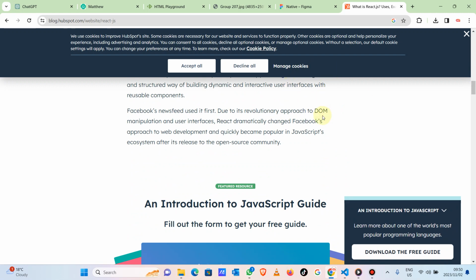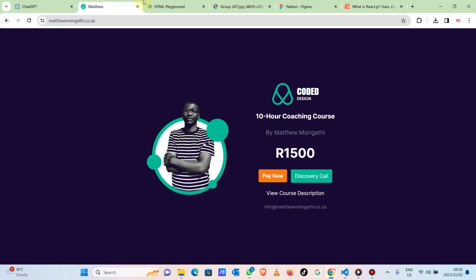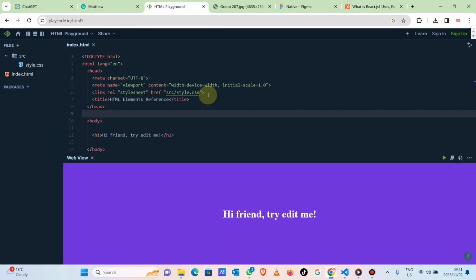But when it comes to React, one of its most important concepts is the idea of DOM manipulation. React has its own virtual DOM. The DOM is something that you cannot see. But what is the closest thing that we can see to the DOM? It's HTML. So if you understand HTML, you stand better chances of understanding what React is all about. That's how much I respect HTML.